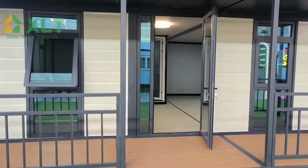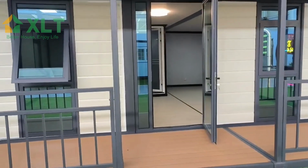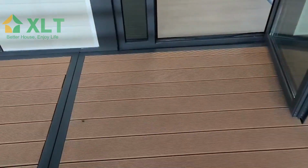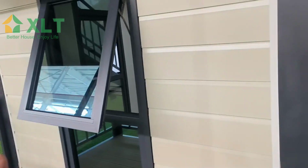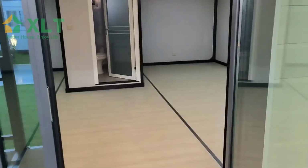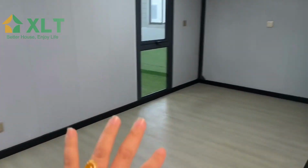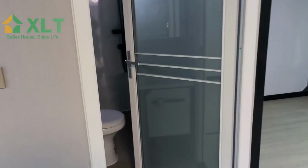Hello, this is the two-story expandable house we talked about. Here is the floor, and this kind of floor is strong enough and also waterproof, and windows, and this is the door. And inside, let's come inside. Inside, you can put a kitchen cabinet here, and this is the bathroom